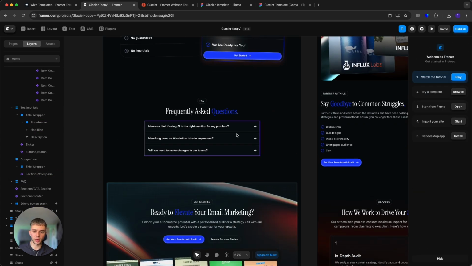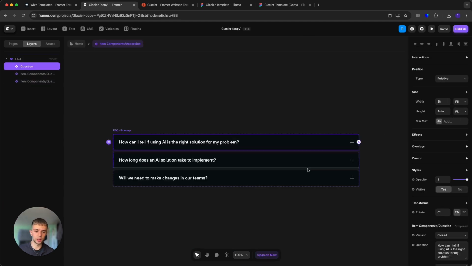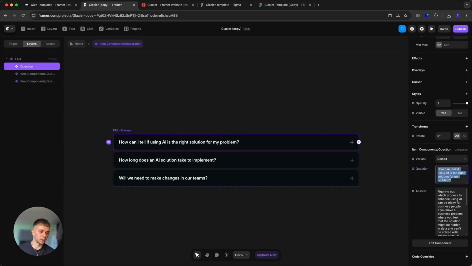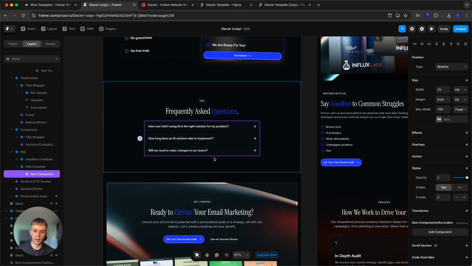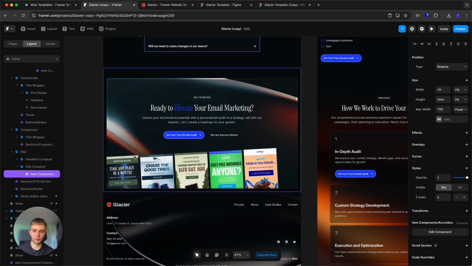Next up, we have FAQs. To manage FAQs, again, we're using a component. So double click it, click on the question, and then here edit the question, edit the answer, and you're good to go. Now finally, we have this CTA section, which is also a component because we use it in quite